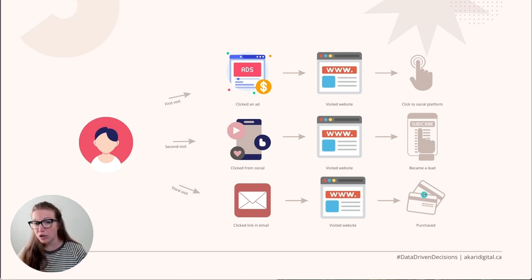If this purchase also happened in that 7-day window of them clicking that ad, then that purchase would also get attributed back to this ad. But if these conversions happened 7 days after when they clicked that ad, then that is not going to show up in your pixel tracking at all. Whereas Google Analytics typically has a longer attribution window, so you'll be able to see that data over there, as long as you have UTMs in place that are telling Google Analytics that this came from an ad.